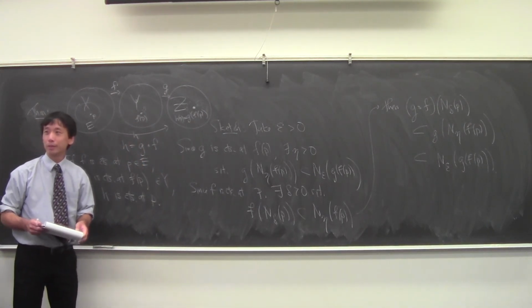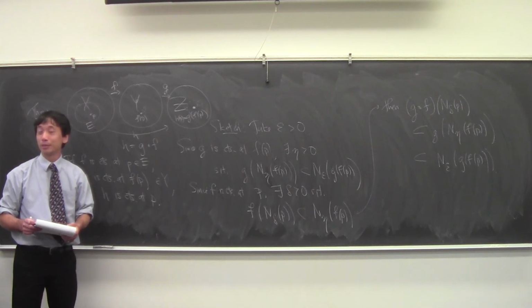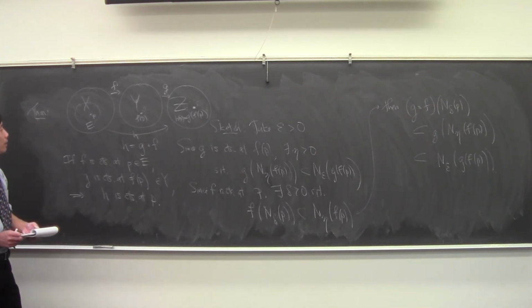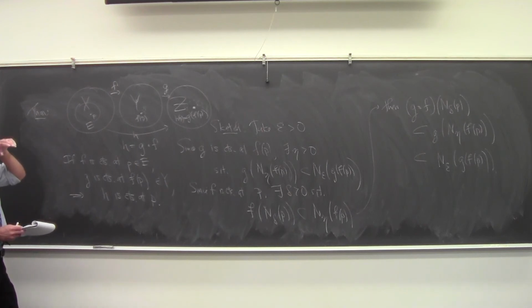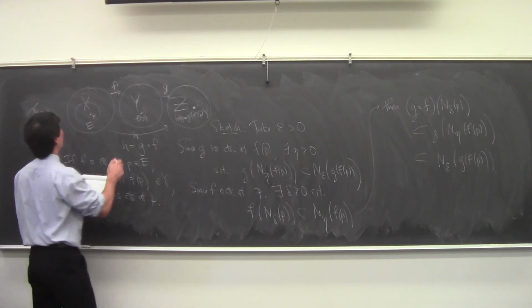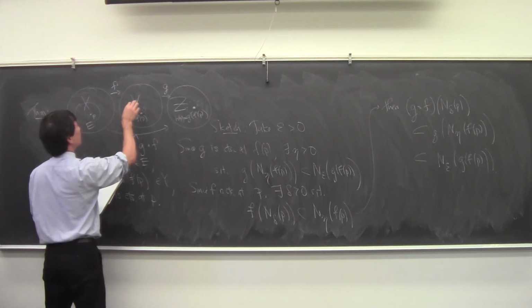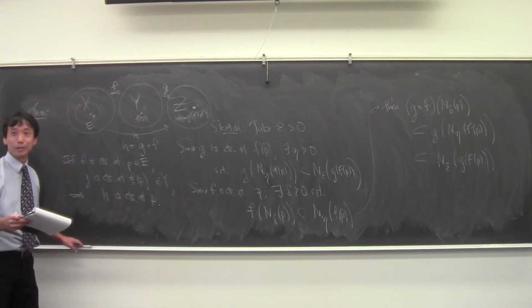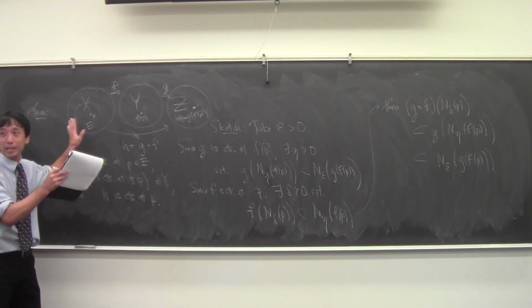Any questions? Yeah. You have to require that the domain of G includes the image of F. Yes. Okay. Yes. So wait, let me think. Yes, that's right. Okay. Yeah. So, yes. Okay. But this is the idea.